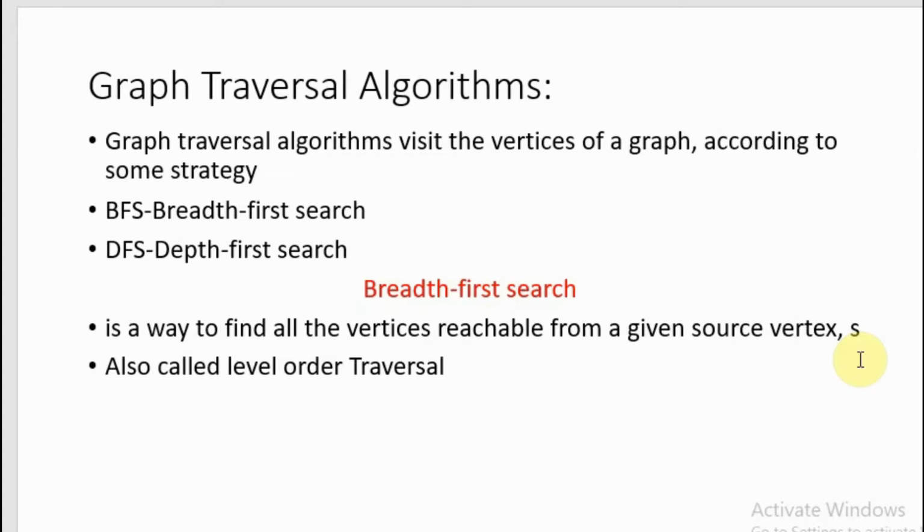Actually, there is no criteria for selecting a source vertex. It can be according to the alphabetic order, you can take A first, or according to the numbering order, you can take 0 first, or you can take any of the vertices in the graph as a source vertex. Sometimes in the question paper, they will give you a particular vertex to be considered as a source vertex. So you can take accordingly. Breadth first search is also called level order traversal. In today's video, we'll be dealing with the algorithm first, then we will discuss a problem based on this.